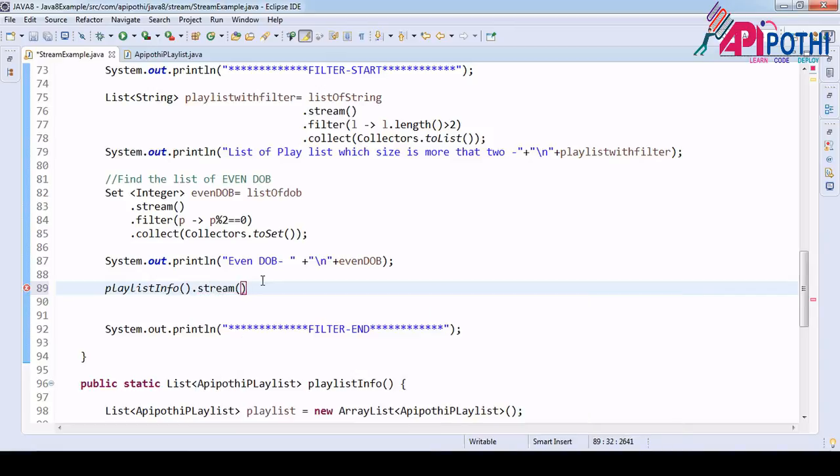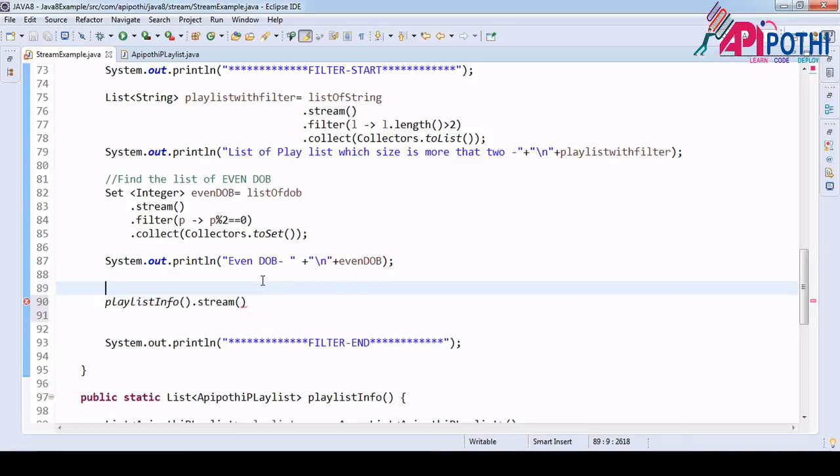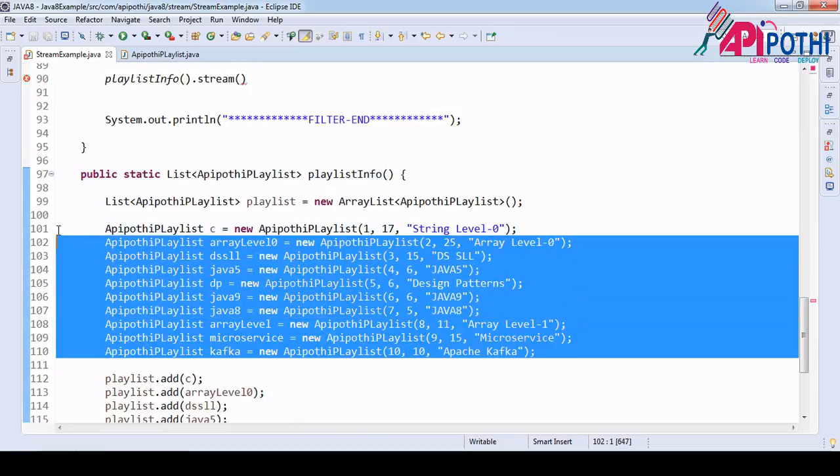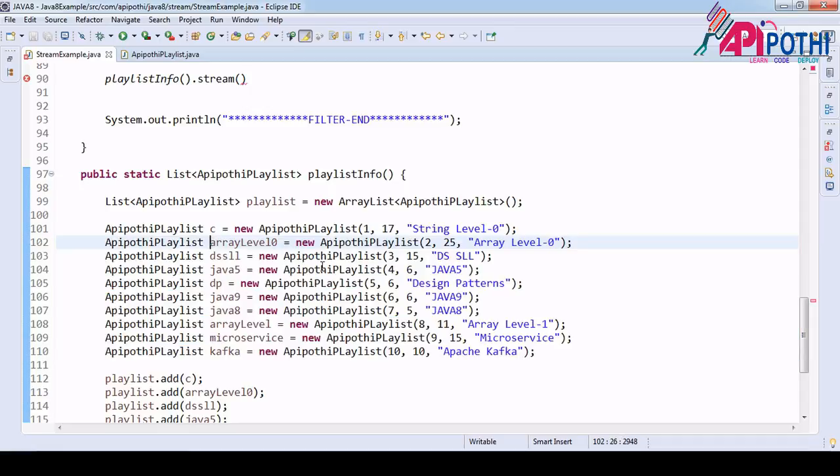Now my condition is that as per this data, I want the data where the number of videos is more than 20. This is the number of video, the second parameter. How many videos are available inside this playlist?